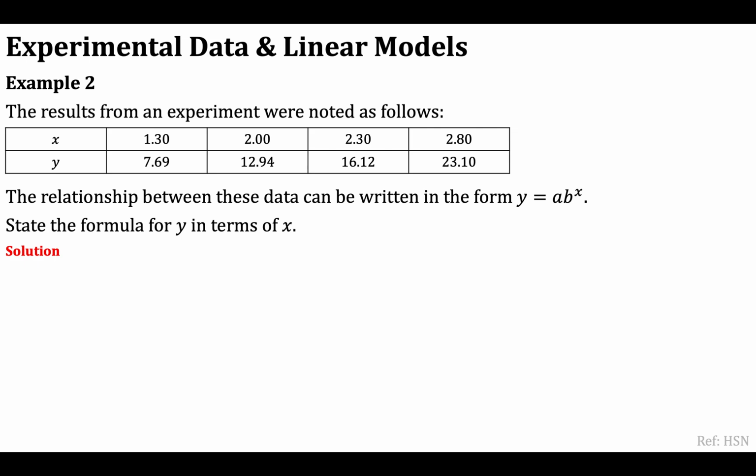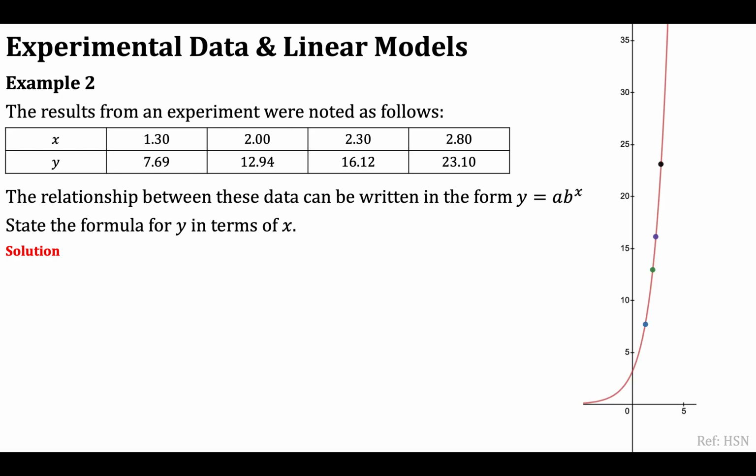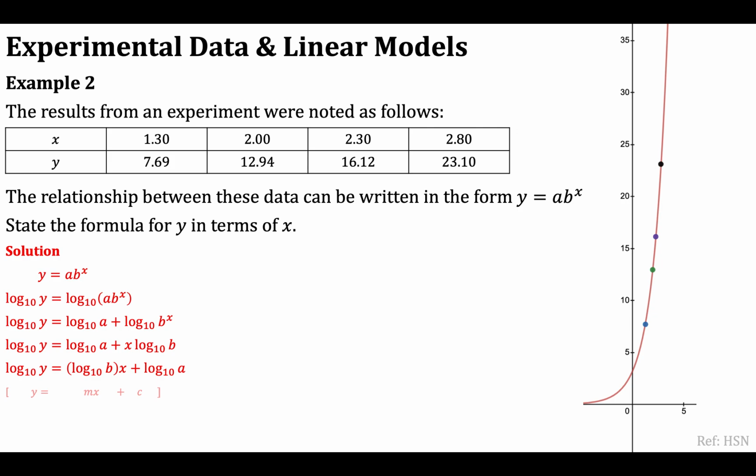So our solution then. Before we actually start trying to solve this, if we just look at what this graph looks like just now. Here are these 4 points plotted, and you can see that the graph gets quite steep quite quickly. That gradient is quite high, so that's why it's easier to take our equation and take the logs of both sides, as we've previously done in the last slide, and get that into an equation which has a linear